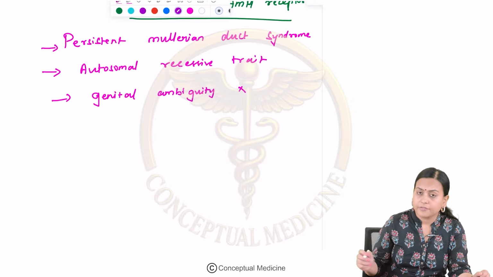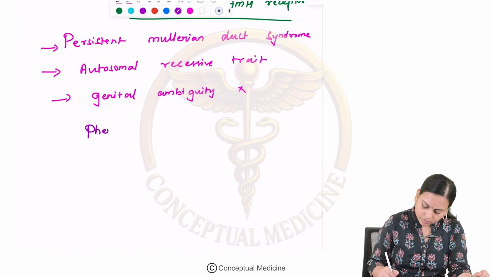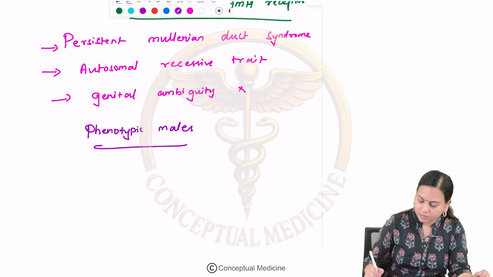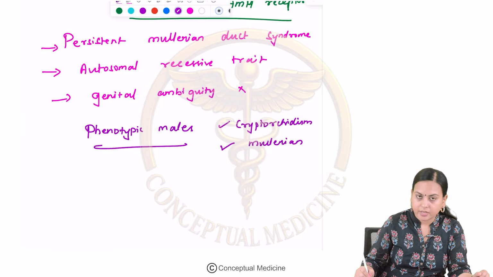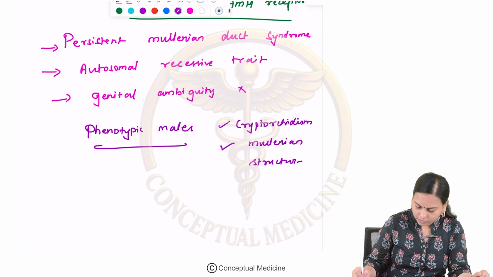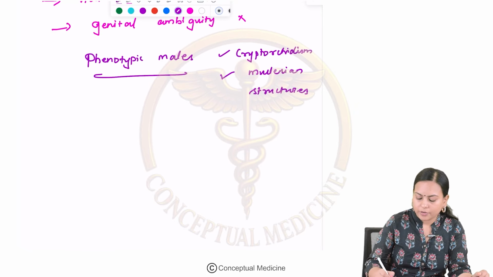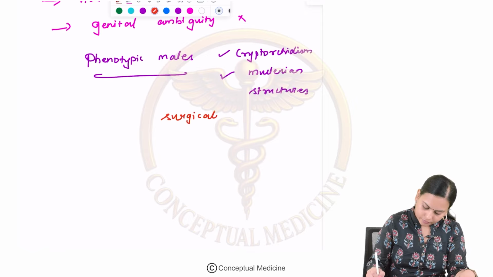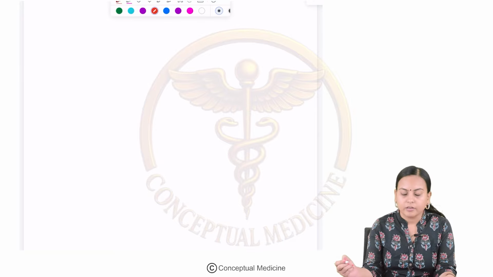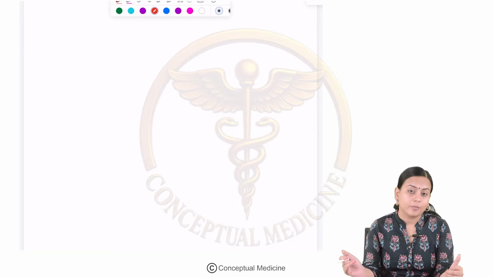They are usually phenotypic males with cryptorchidism and abnormal Müllerian structures. These people are usually managed surgically. Clear? Right. So, here I want to give you an idea on how to come to a diagnosis of 46XY